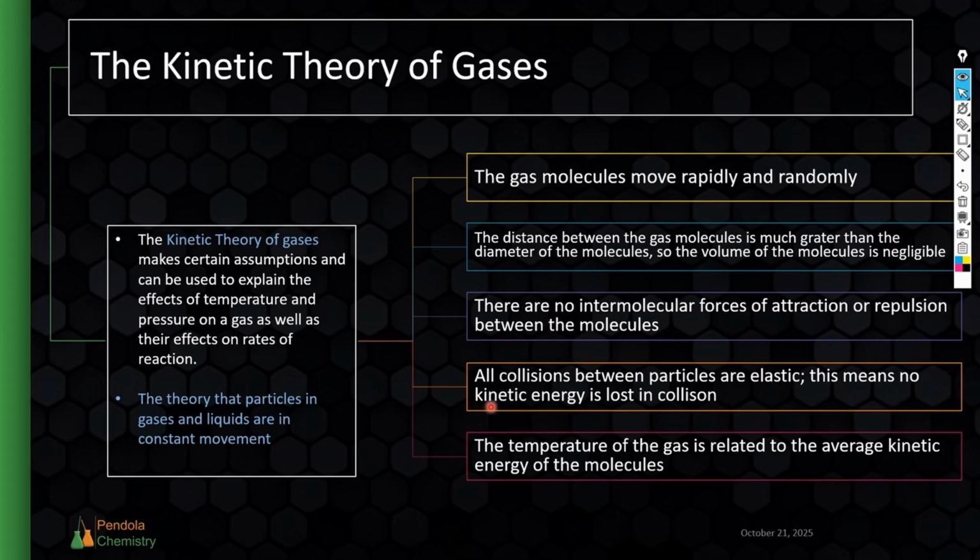Number 4 says that all collisions between particles are elastic. This means that no kinetic energy is lost in the collision. And this is a bit more of a sticking point because this requires some knowledge of physics, right? Usually, with collisions, we can have either an elastic or a non-elastic collision. So let's look at that first. An elastic collision